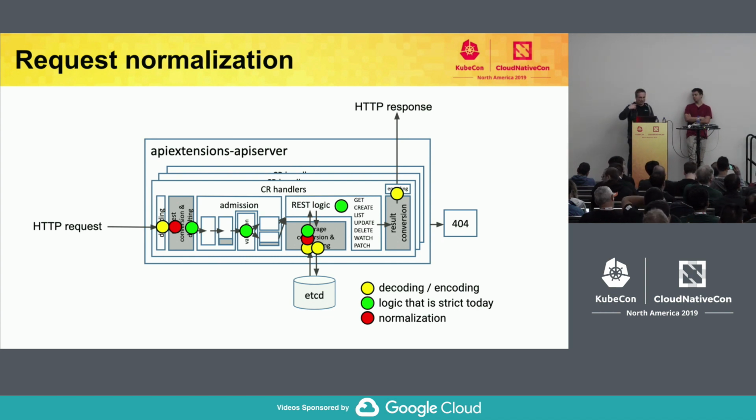Basically, repeating what we do with native types, with the Golang unmarshalling, we want to replicate that for CRDs. So you get something like the red ones, the red bubbles here. There maybe one should normalize, and we are discussing that at the moment. And actually, there are more places where we have to take a more fuzzy look at our objects. So actually, I identified those here. I think there are more in admission even, so this might become something in the CRD processing.